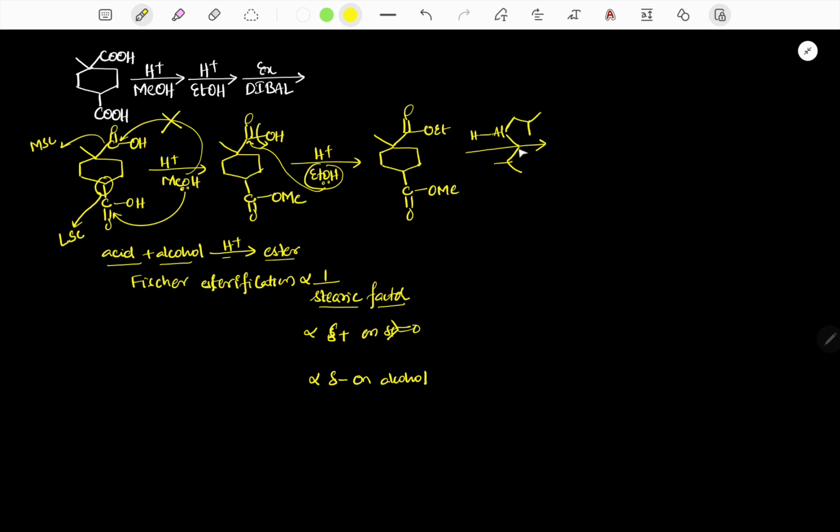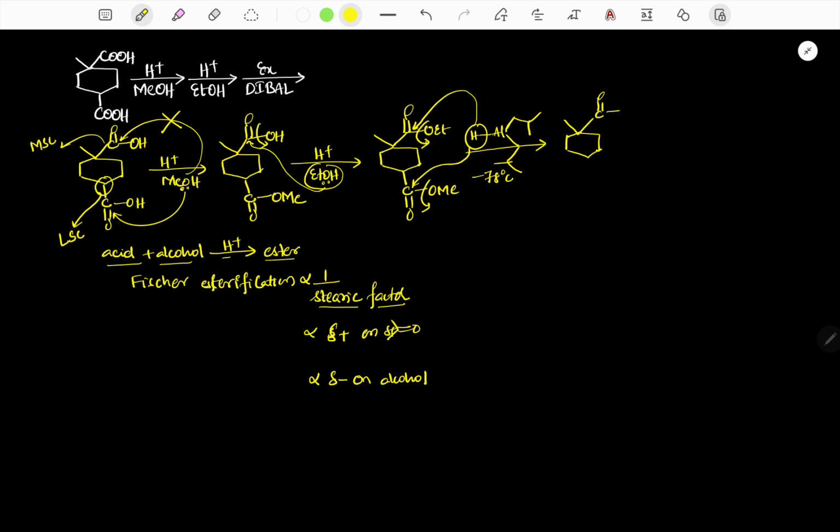So this is diisobutyl aluminum hydride. Here the temperature of minus 78 degrees Celsius is given. So here the nucleophile attacks, and the leaving group will leave. Therefore the corresponding product is